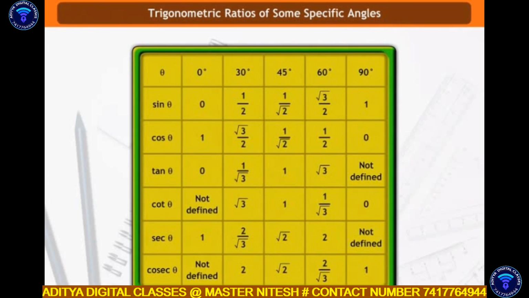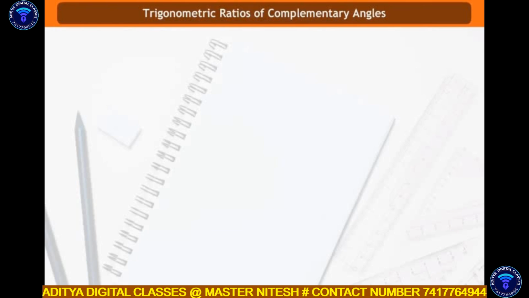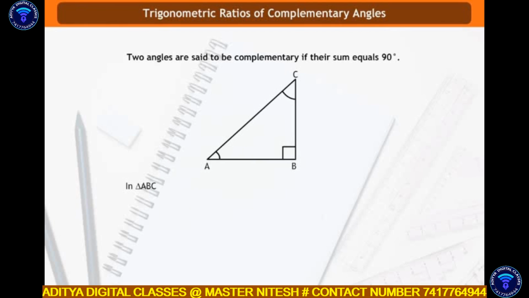Now we can represent all these values in a tabulated form as shown. Trigonometric ratios of complementary angles. We know that two angles are said to be complementary if their sum equals 90 degree. In triangle ABC, right angle at B, since angle A plus angle C is equal to 90 degree, they form